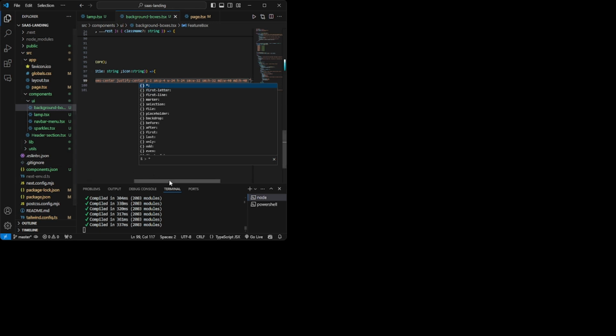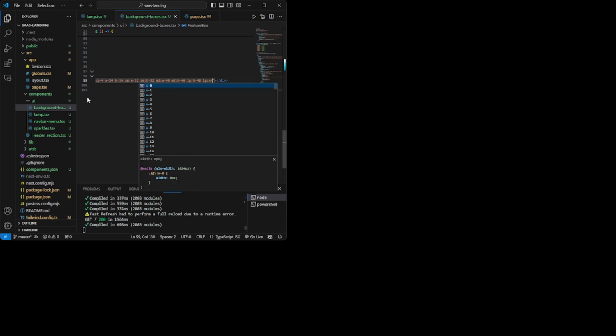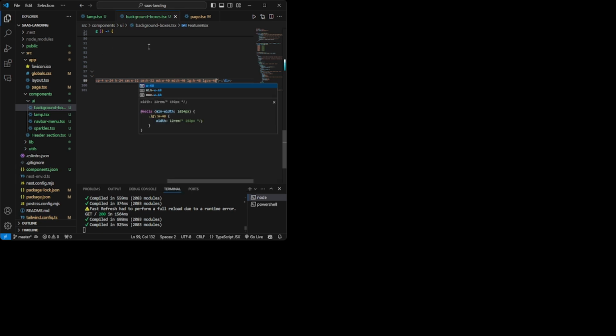Okay, so now I just forgot to tell you something. This is flex column because we are giving an image and the title of that image or that feature. We want everything in one column, not a row. So that's it. In medium devices, the height should be 40. And in large devices, the height should be 48, and the same way, the width should be 48. So 48, 48.